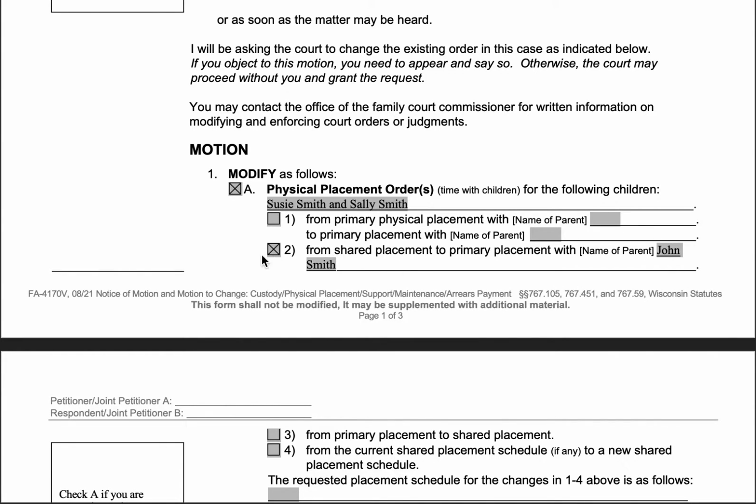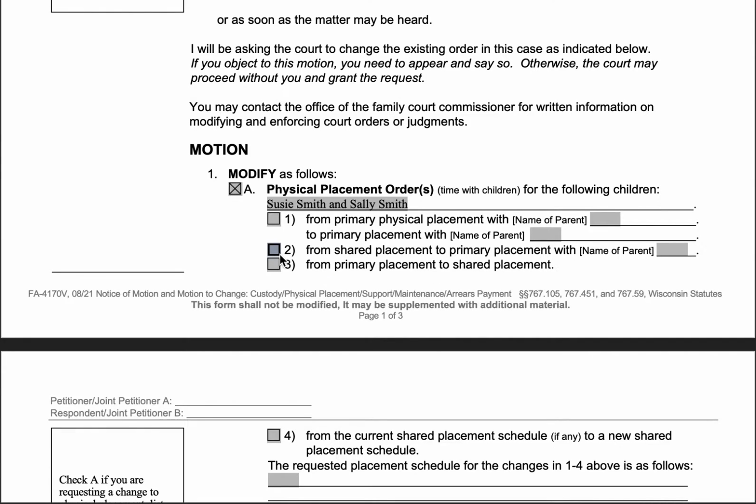So again, John Smith. Number 3 is where you'll go if right now the kids currently are ordered to have primary placement with one parent or the other, so they live mostly with one parent. And now we want a shared placement schedule where the person with less time has at least 92 overnights in a year, which usually ends up being weekly, about 2 or more overnights per week, or it could all be globbed together. So it could also be if you have 92 days in the summer or something like that. So that would be 3 if we're going from living with one parent to a shared placement.